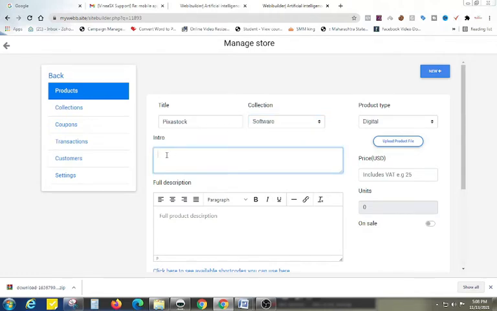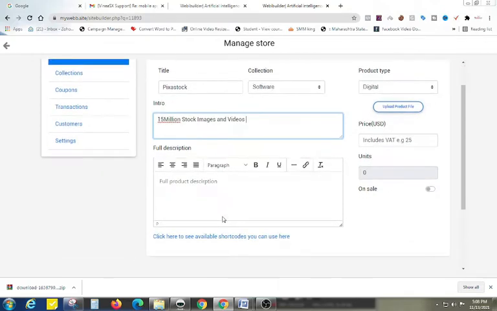In the introduction I will write a small introduction as 15 million stock images and videos, and here I will write the full description of the product like 15 million stock images, lifetime access, unlimited download.